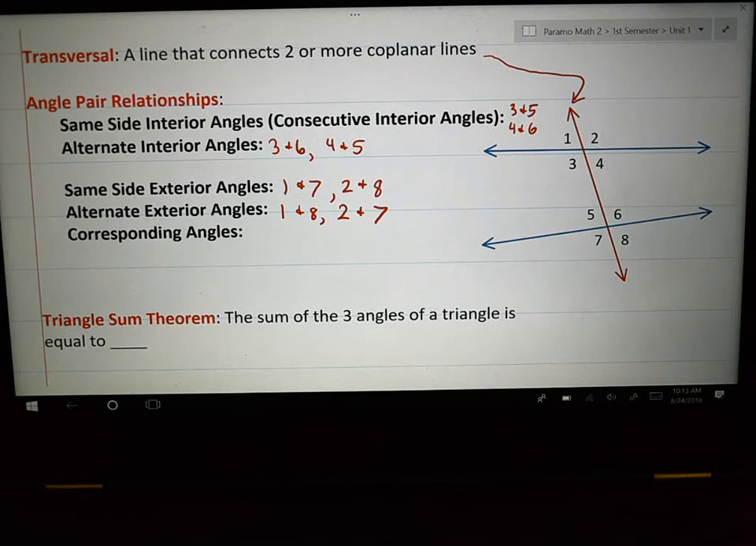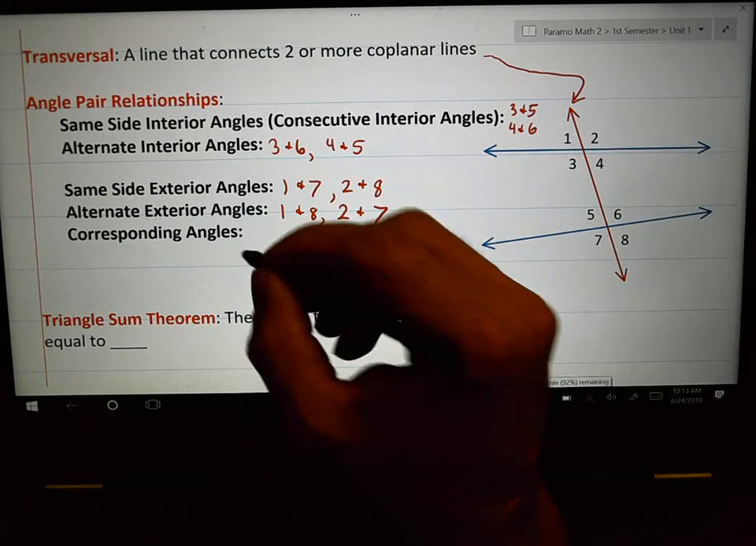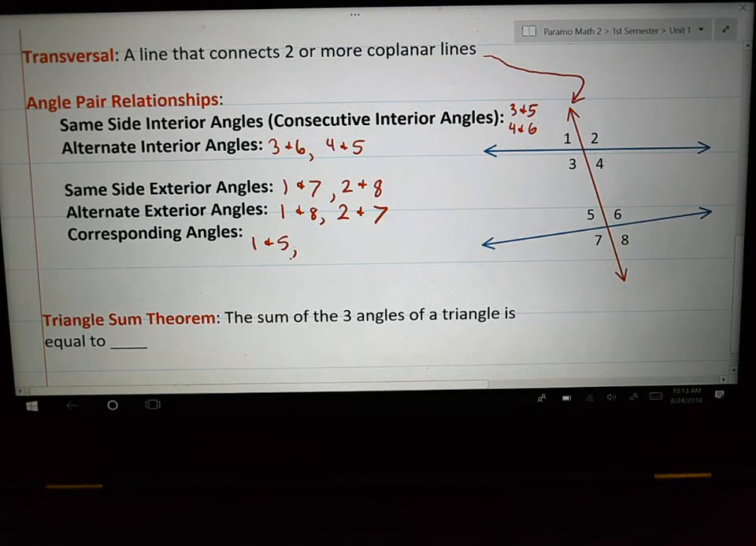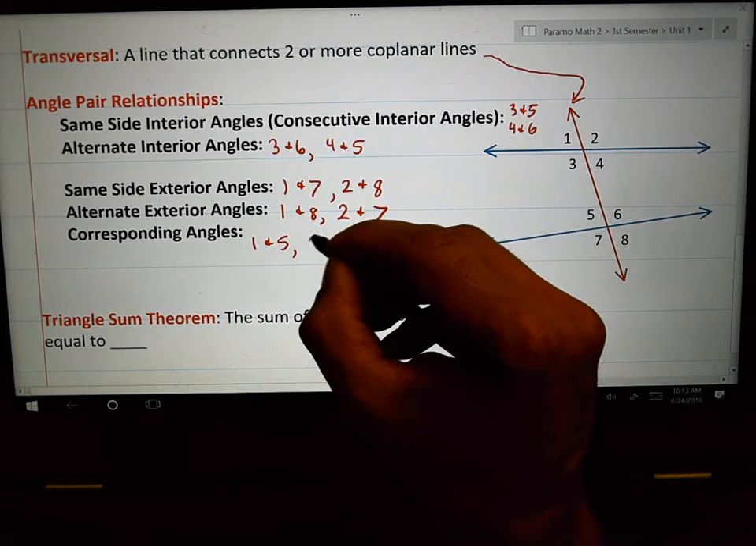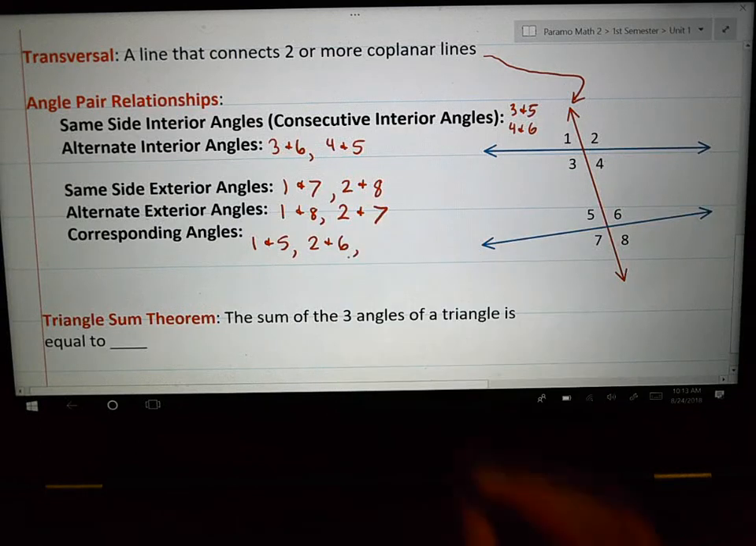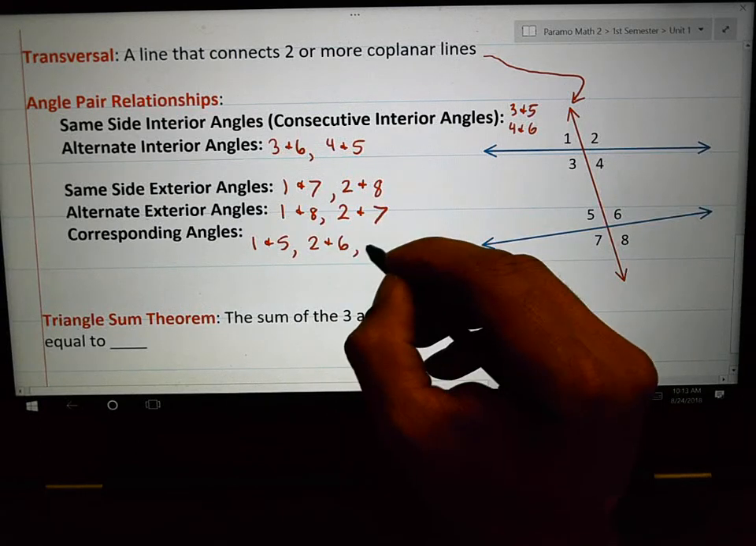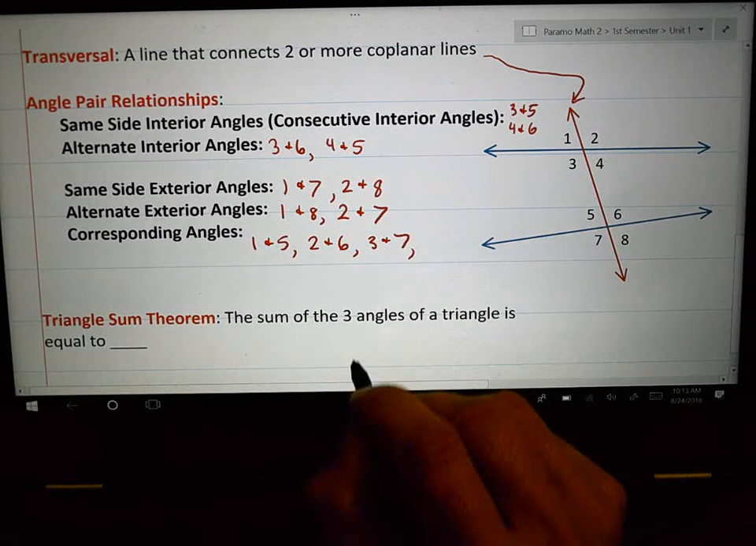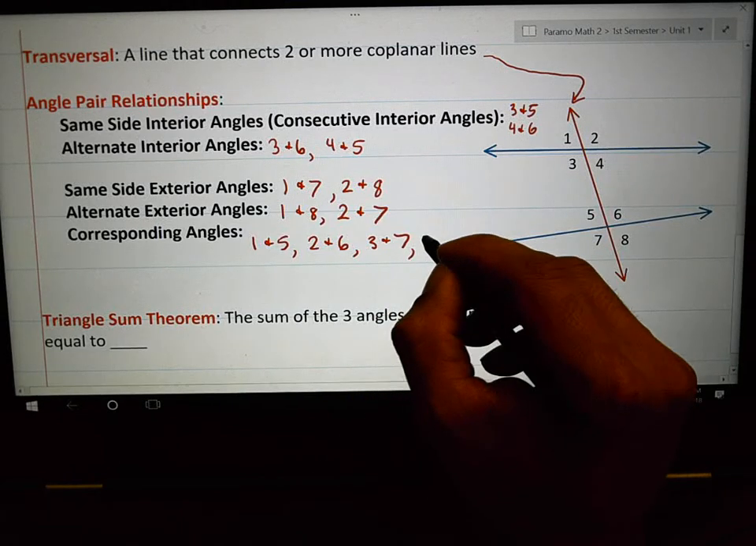There's 1 interior, 1 exterior, and they skip a space, like 1 and 5. Which means 2 and what other number? 2 and 6. There's another pair, 3 and the last pair is 4 and